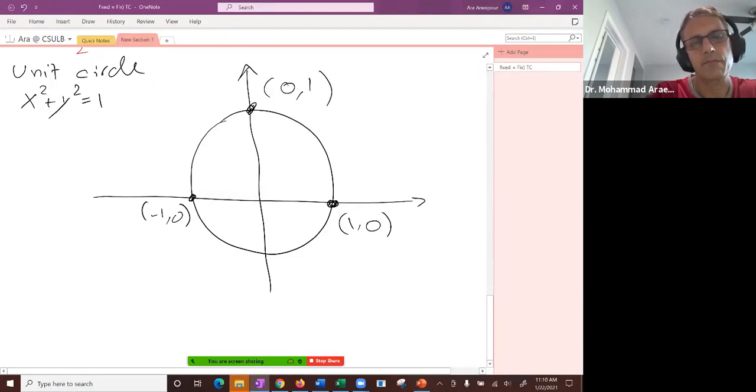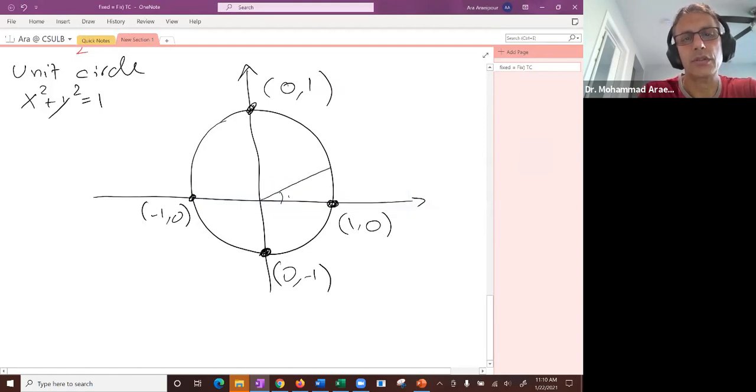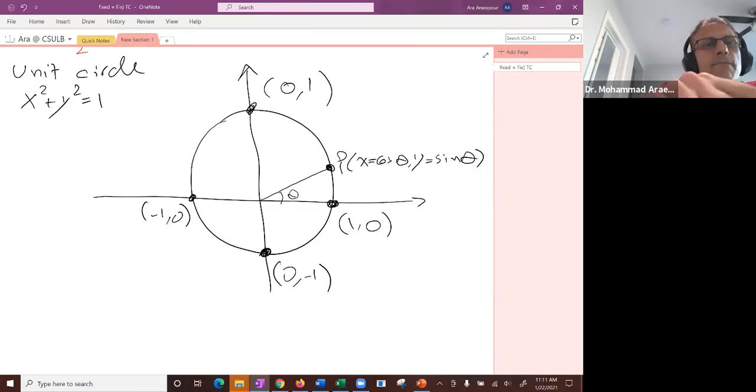0, 1. Of course, this is not to scale, class, but you get the picture: 0, negative 1. And so if you recall, when it comes to the unit circle, if we draw this and we call this theta, then this point P has coordinates x, which is cosine theta, and y, which is sine theta. So x is being represented by cosine, y is being represented by sine, and therefore,